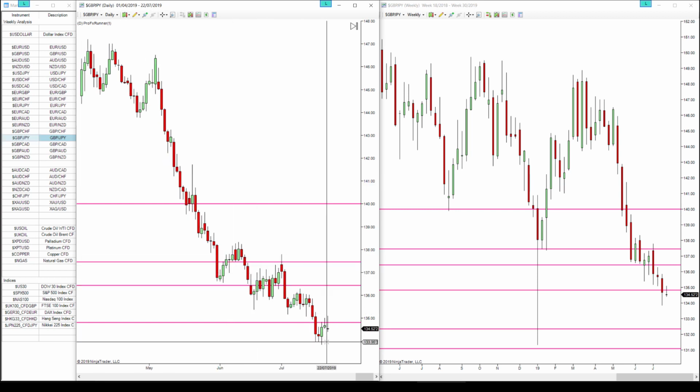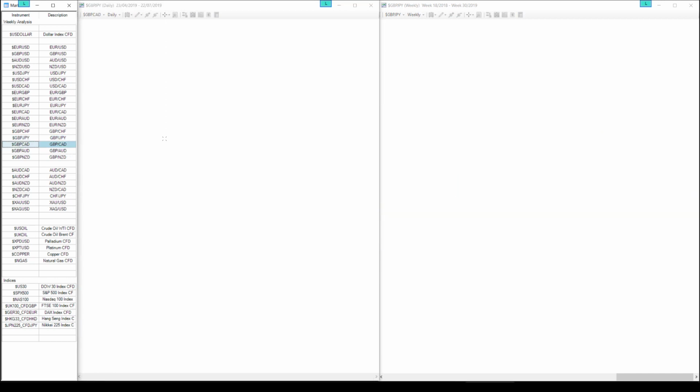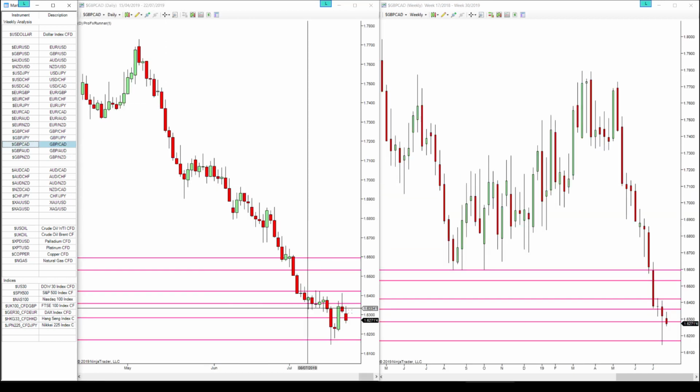Just highlighting here, pound yen is also heading lower, currently testing this level of resistance and actually forming, and it's early in the day, but forming a bearish rejection candle, rejecting that level of support and resistance. So it's finding some strong resistance there. Pound CAD also showing a strong trend to the downside, also producing recently a bearish rejection candle,